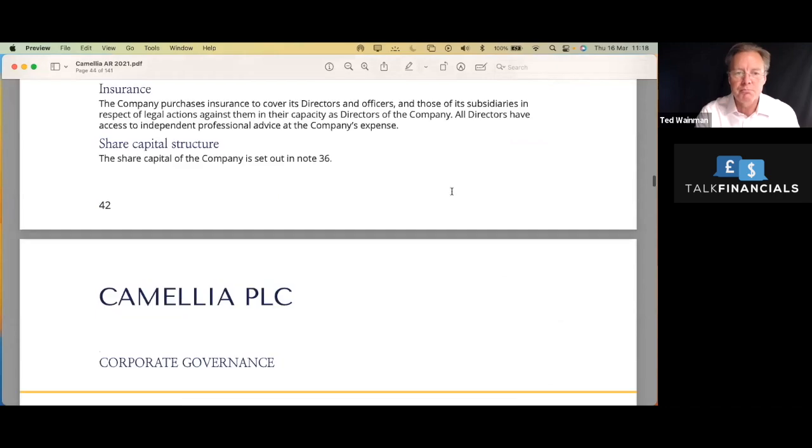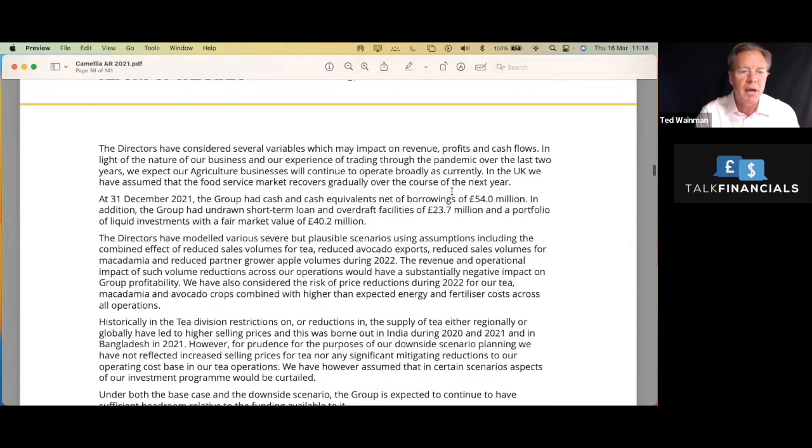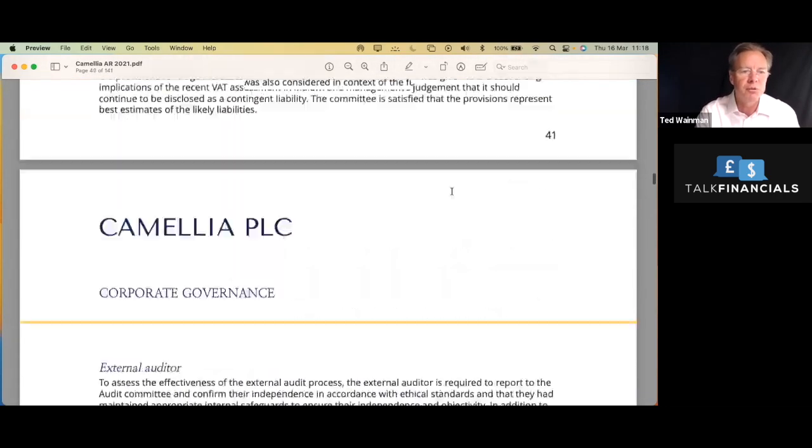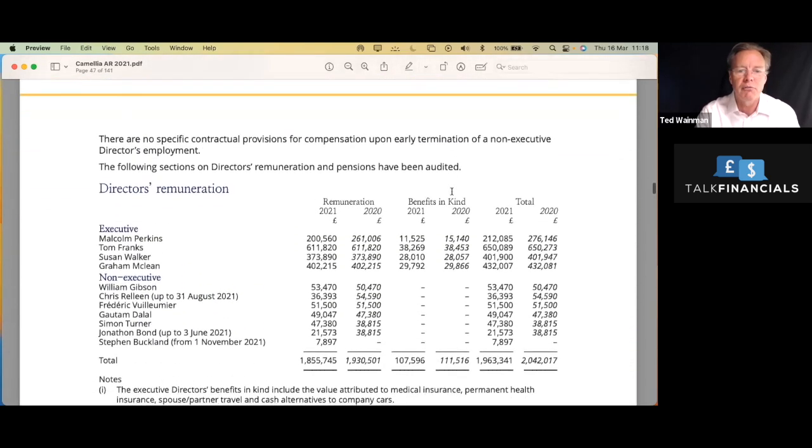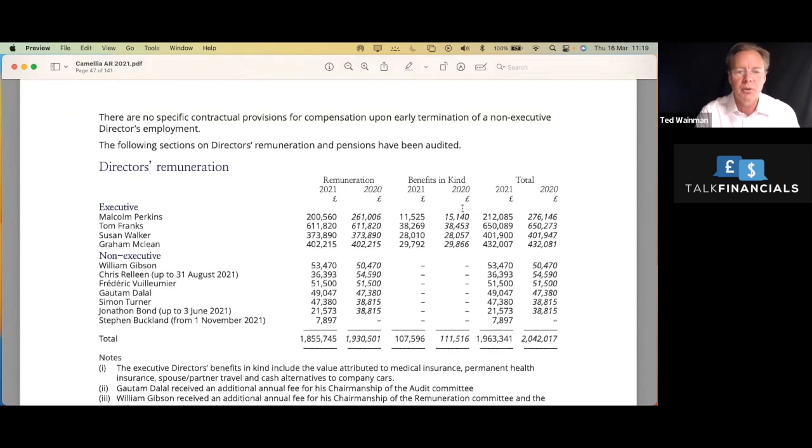So the CEO is Malcolm Perkins, and you will find his remuneration report, well, of all the directors on here. We go on the remuneration report. So we can see Malcolm Perkins' total remuneration and benefits in kind in 2021. But we want to be looking at Tom Franks, who looks like the highest paid. So if we look at Tom Franks, he is on 650. So he's doing pretty well,